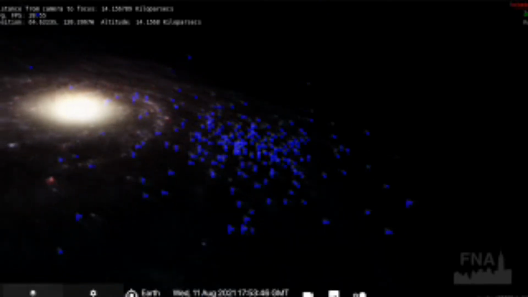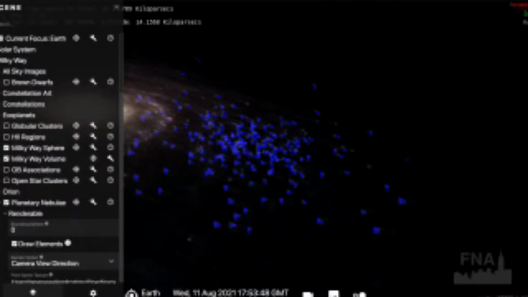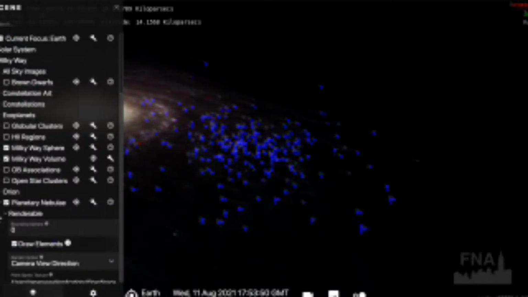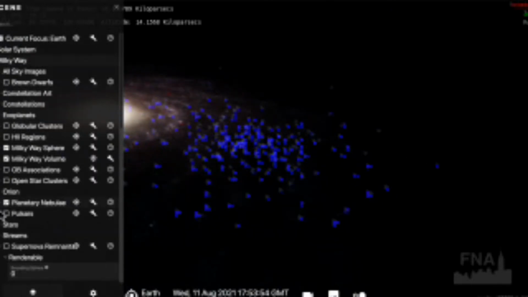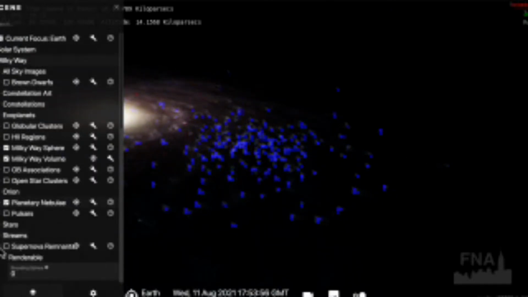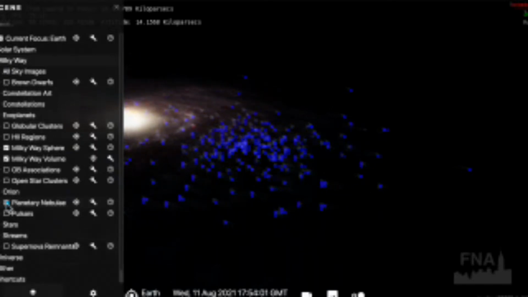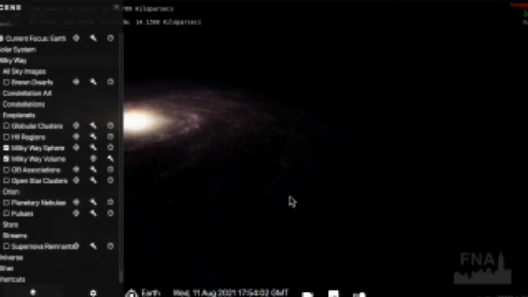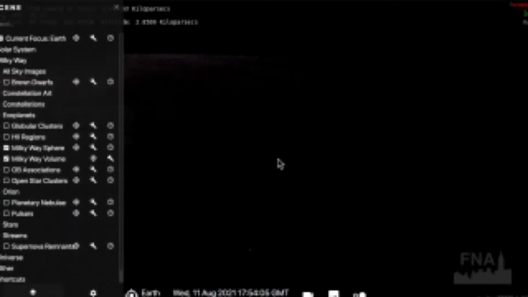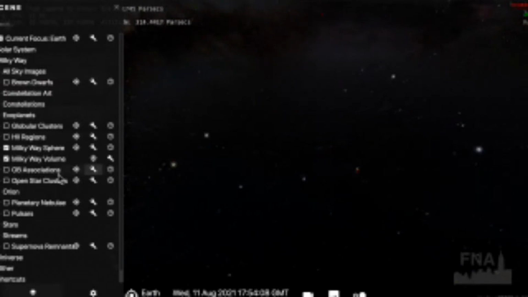Just because I worked really hard on it and didn't quite succeed, I wanted to share one other partial data set. So we'll turn off the planetary nebulae and come in a lot closer to the Earth and see if I can find them in here.